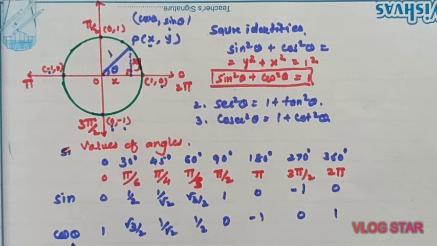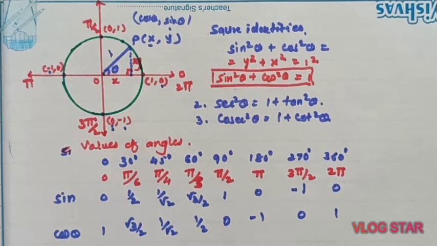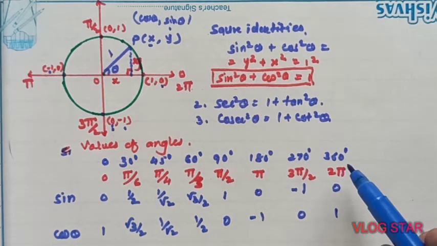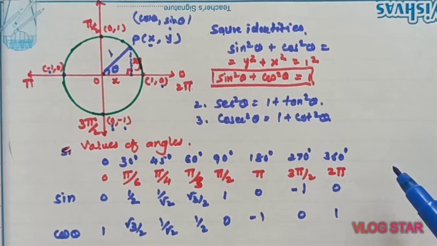How to determine values of other angles? Simply, we know the relations. Tan is sine by cos, cot is cos by sine, sec is 1 by cos, and cosec is 1 by sine. Using those ratios we can determine other values. Now the question left is, what if the angle is more than 360? How to determine the value of that? We'll practice a few examples for that. We'll make properties and relations.